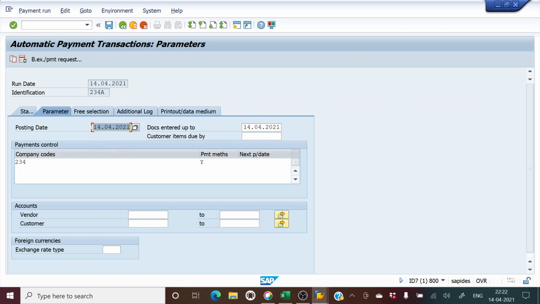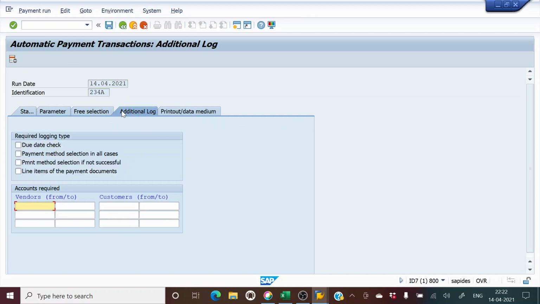I'll go to the additional log. We will select the payment method selection in all cases, and we will select our vendor.